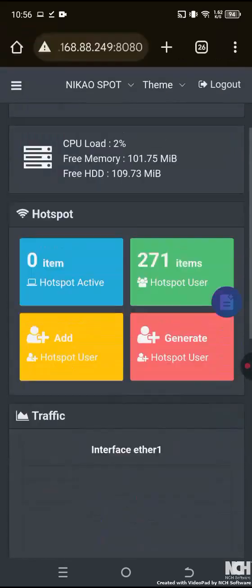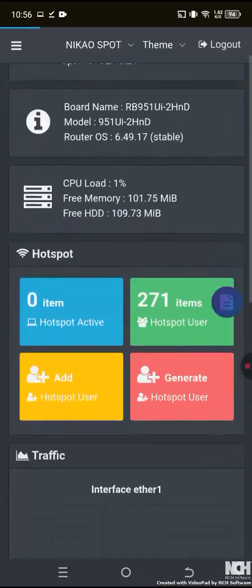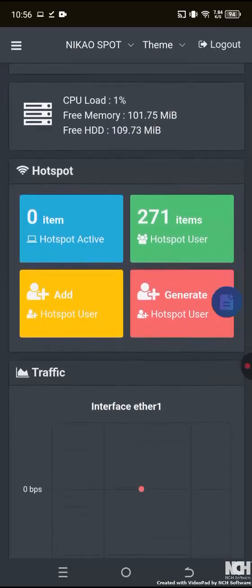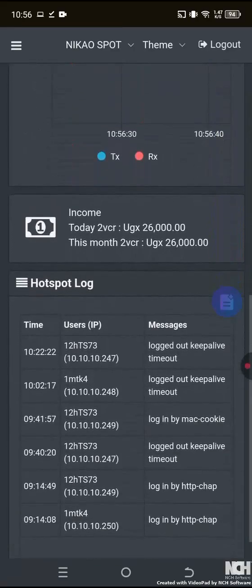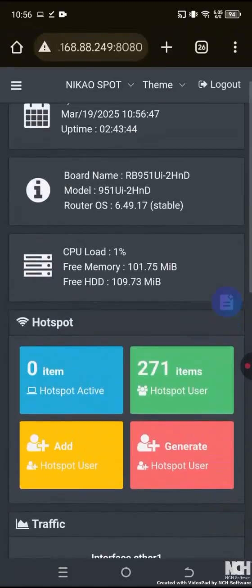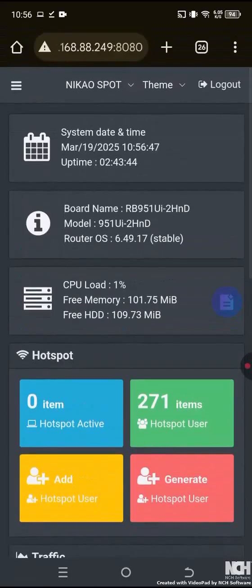This is how it appears, my dashboard. Here I'm able to generate. I'm able to see current users that are connected to the hotspot, what is hotspot active, then the current voucher codes that have not yet been used that I still have in the system, that is 271. Then below I can see the income for today and for this month. I'm able to see all that information here at the dashboard. But if I want to generate, I can either click